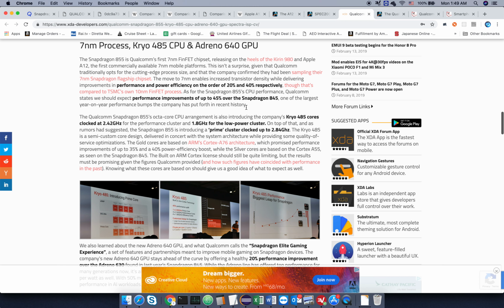Their vertical integration is not really focused on margins. It's really focused on user experience. They made their own CPU to have the best single-threaded performance. They made their GPU to have the best 3D performance.